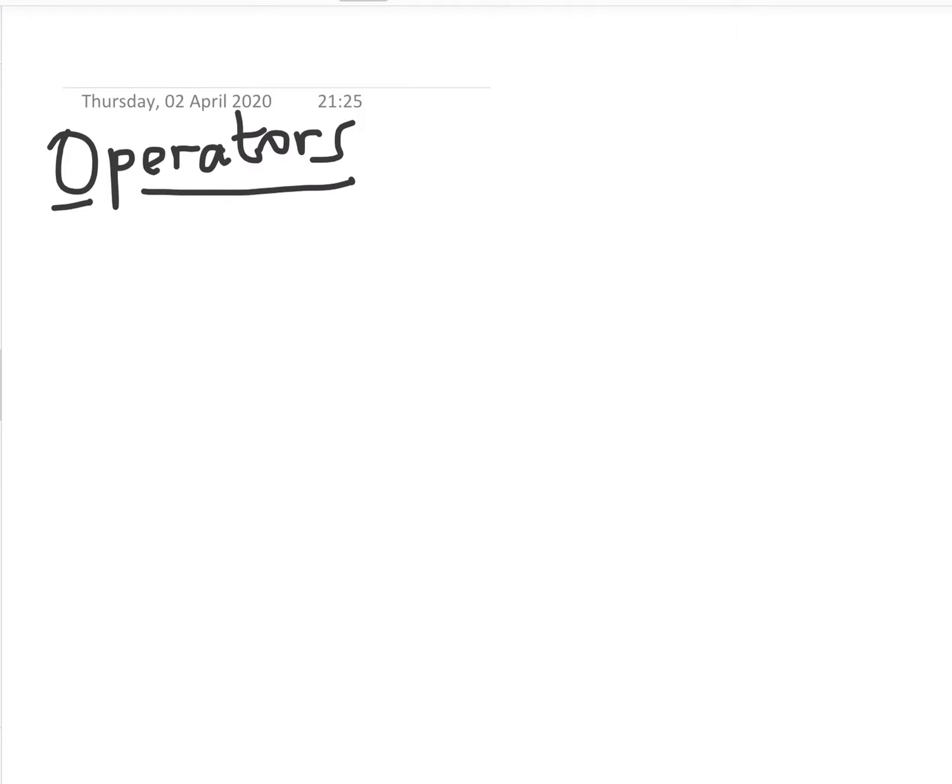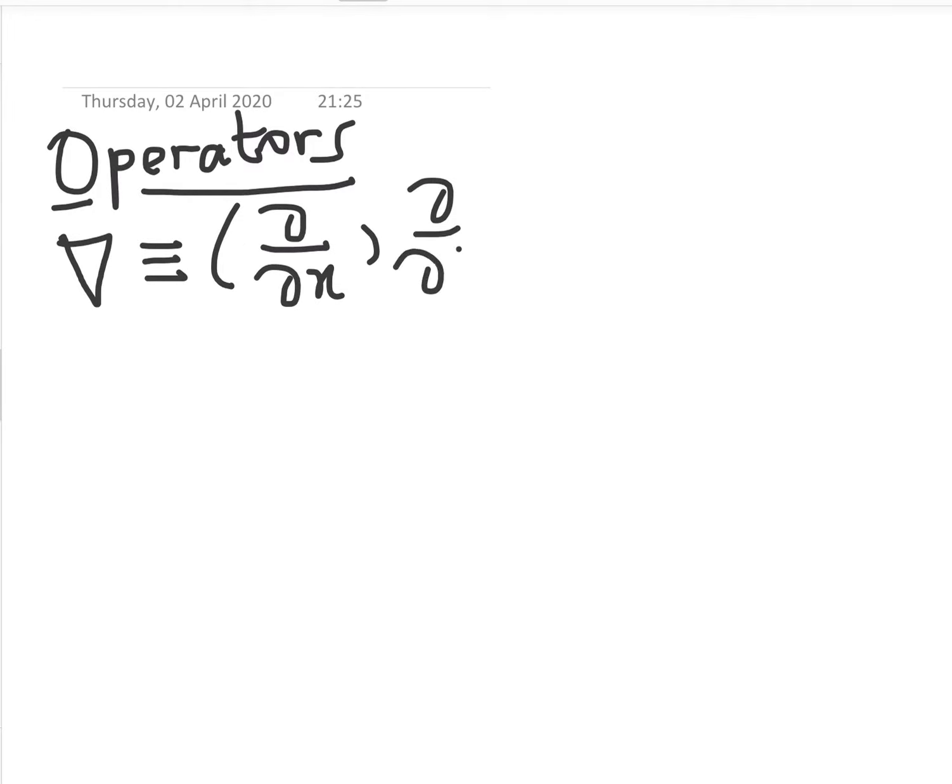So the first of these is the del operator. And we define the del operator as the vector operator of partial differentiation. So if you're dealing with 2, 3, or a number of variables, then the del operator, for example, would be in 3 variables: d by dx, d by dy, d by dz. The del operator operates on a scalar function giving us a vector, so that if the function phi is a